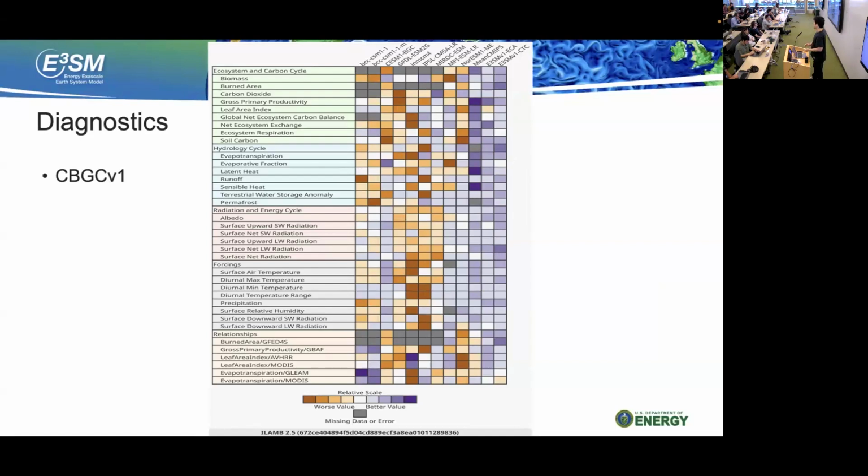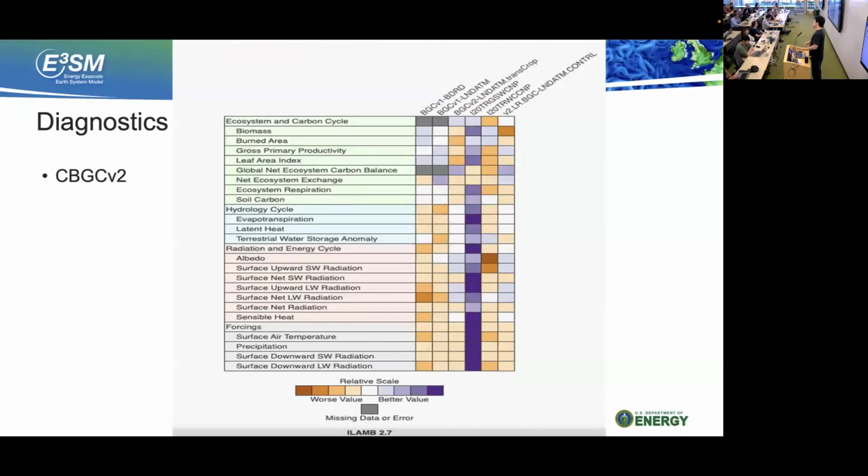But remember, this is BDRD. So you have CO2 concentration as a very strong constraint on your simulations. So what happens if you make it freely adjustable by human emission and also by the land and the ocean carbon sink and source? Then this is the V2. So in V2, we have BPRP.